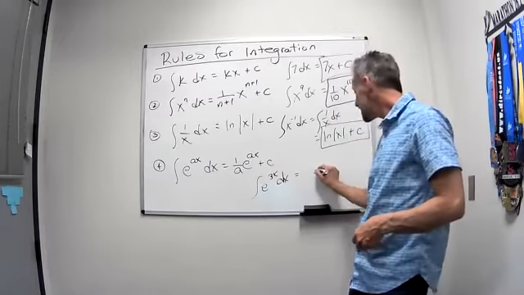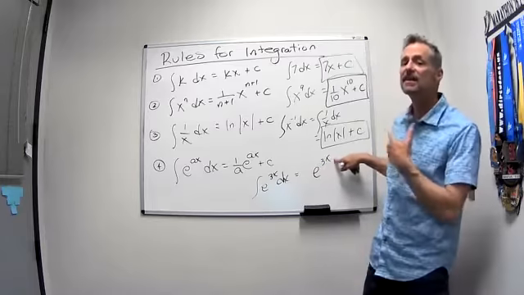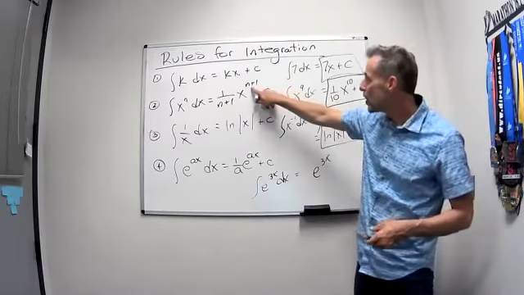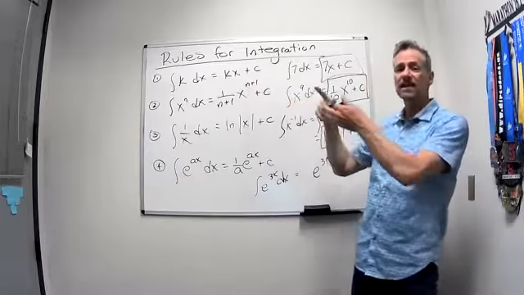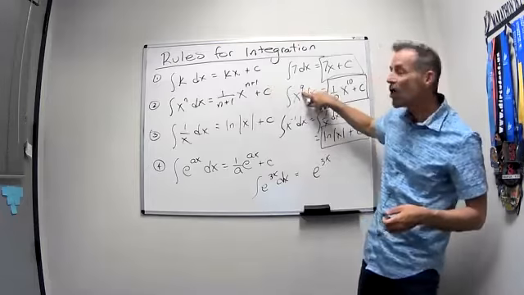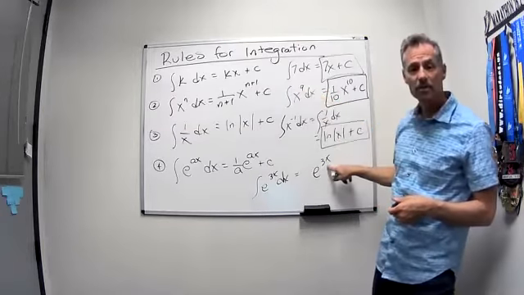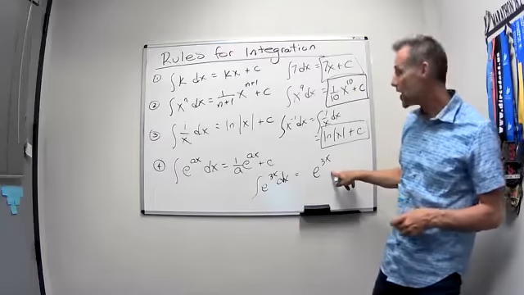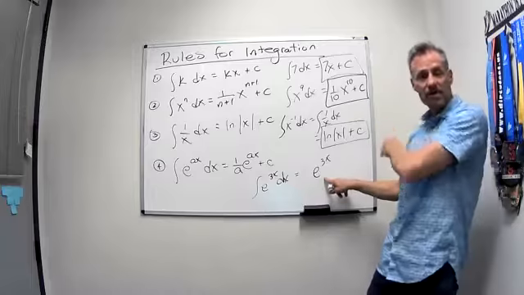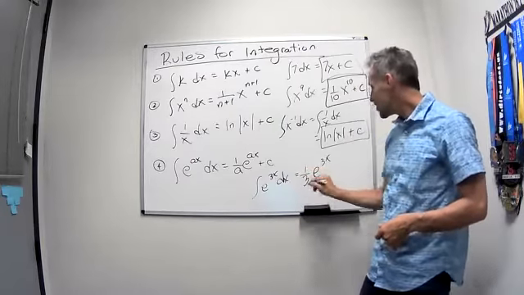I'm still going to keep the e to the 3x. Notice I don't go up or down any in the exponent. That's not how exponentials work. It's not a power rule. We go up or down 1, if it's an integral, we go up 1, for a derivative, we go down 1, if we have a constant as the exponent. But if we have a variable there, it's an exponential function, and it doesn't work the same way. We get back the exponential. And remember, if this was derivatives, we'd say times 3. So instead we say, oh, 1/3